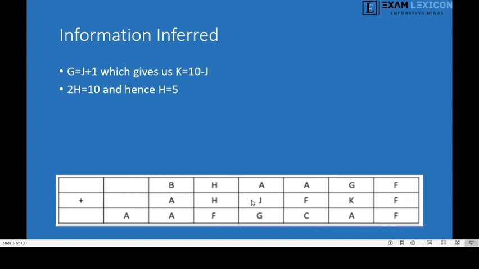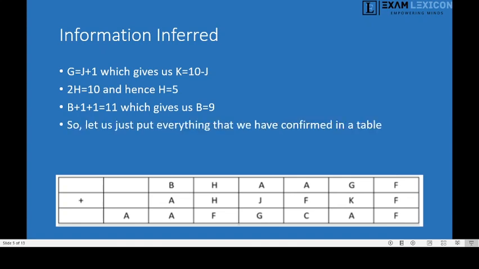And we can easily see that J plus A is equal to G. We are not getting any carry over also, so we can easily assume that 2H is equal to 10, because that's the only place where 2 into 5 can give us 0 in the 10,000 place in the answer. Okay, next, B is equal to 9. This we can easily get by putting A's value in the place, which is giving 11 plus 11 is equal to 1 plus B plus 1 being carried over from the 10 from 2H.